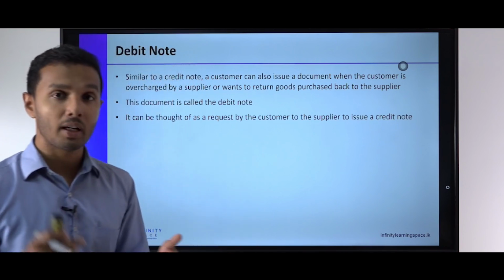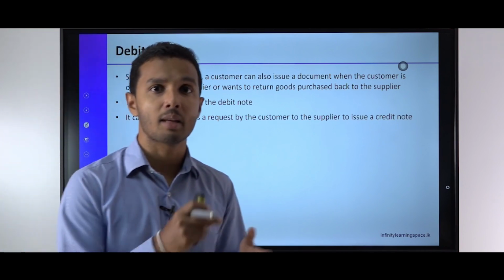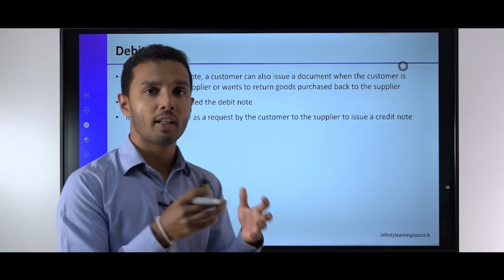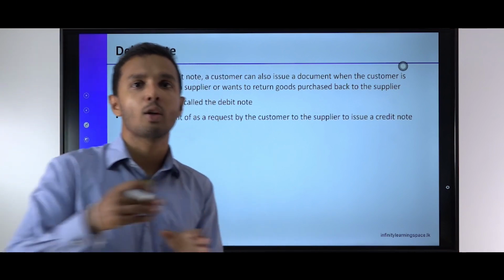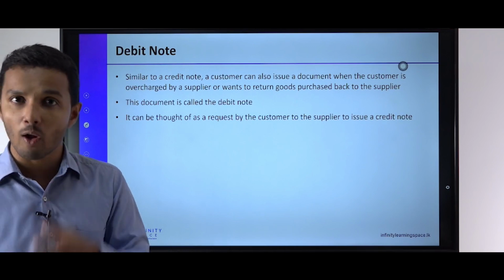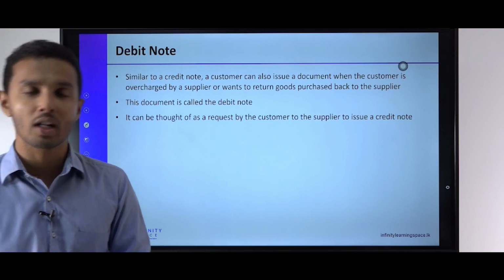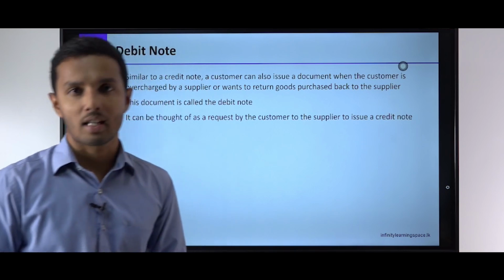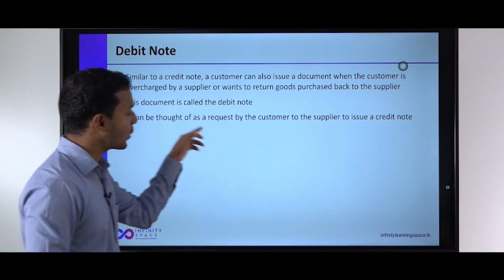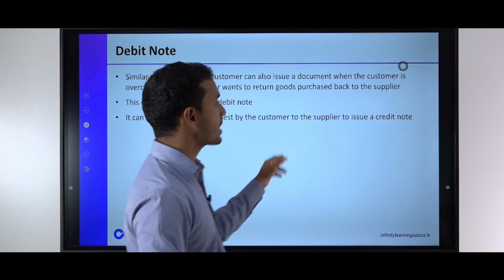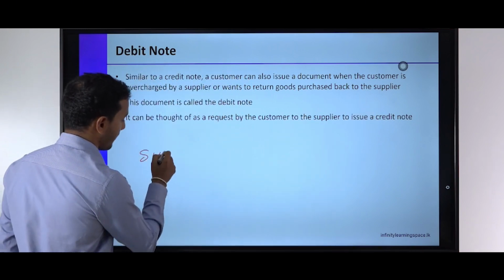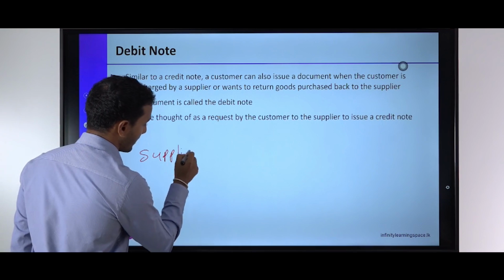So, now for example, if the customer realizes that some of the goods have to be returned to the supplier, the customer will prepare the document called the debit note and send it to the supplier. And the supplier, based on the debit note, will also prepare a document called the credit note and send it back to the customer, right? So you can think of the debit note as a request by the customer to the supplier to issue a credit note, right? So if we just draw a small diagram,